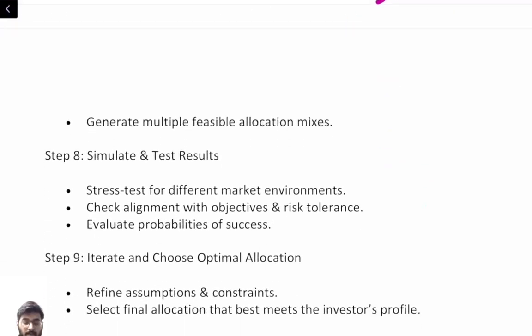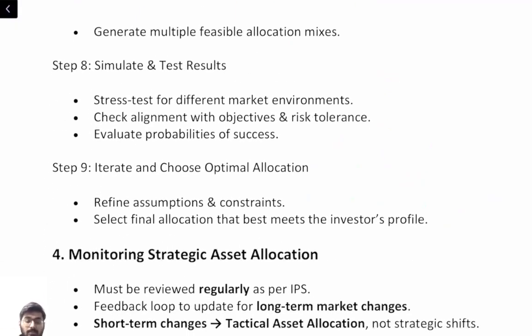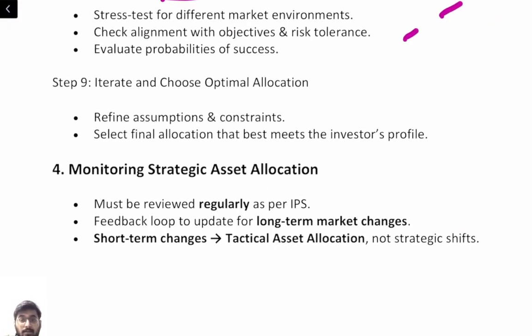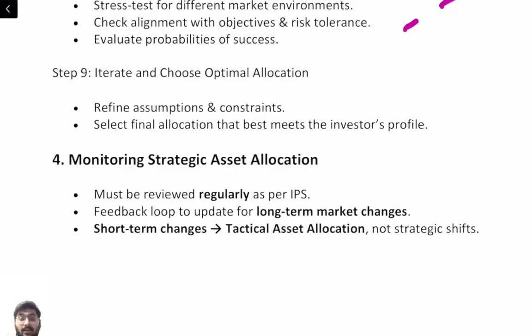Clear? That is important. Now, once you have generated all possible outcomes, you simulate and test the results. Okay, testing what could happen in the future with each of the possible options. Clear? So do the results meet the return objective? Is the risk acceptable? Does it work over the chosen time period or not? Clear? Now you have to repeat it again and again until you find your optimal allocation. Clear? Now if the results are not suitable, go back, adjust the weights, and test again. So this will continue until the best allocation of your funds is found.